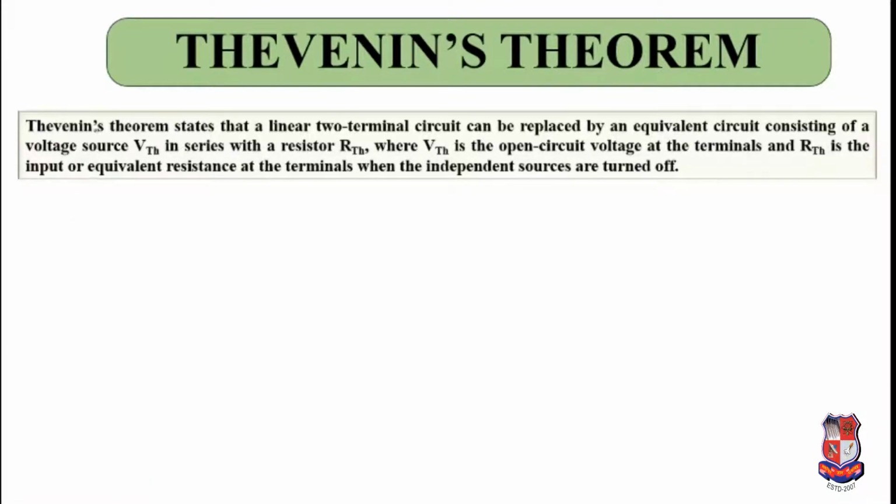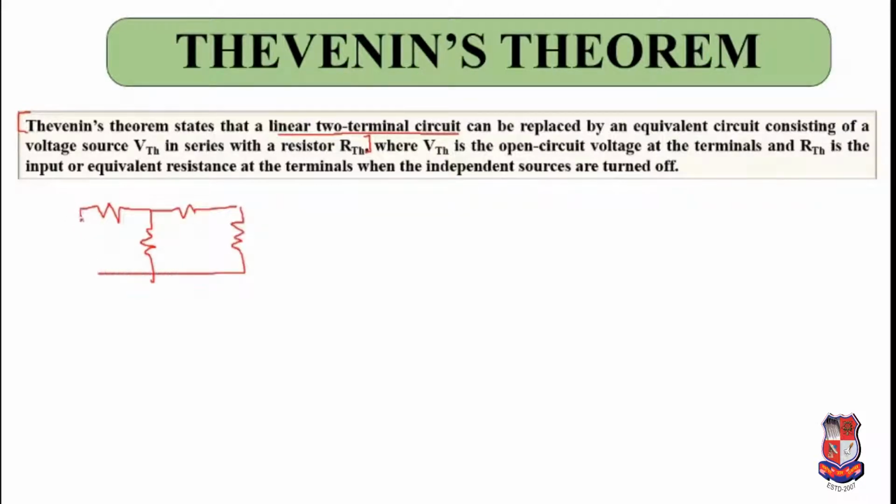Thevenin's theorem states that a linear two-terminal circuit can be replaced by an equivalent circuit that consists of a voltage source VTH in series with a resistor RTH. So till here let us understand what it says. It states that a linear two-terminal circuit can be replaced by an equivalent source which consists of VTH in series with RTH. So it says that if there is a circuit like this,